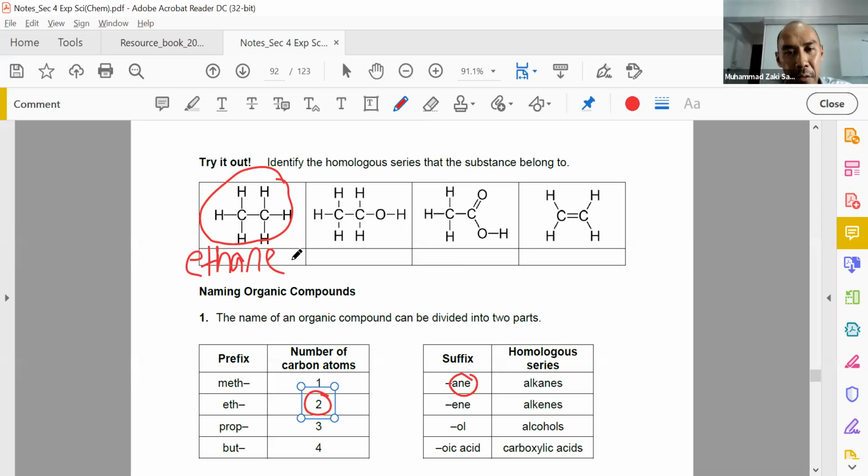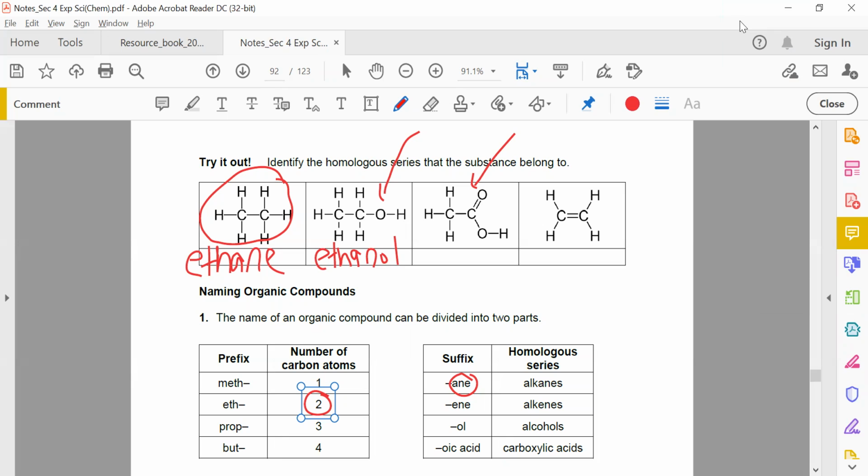Let's try another one here. What's the name of this? This one is a previous example, ethanol. Next, let's try this one. Gia, are you there? Okay, good. So, what is the name of the